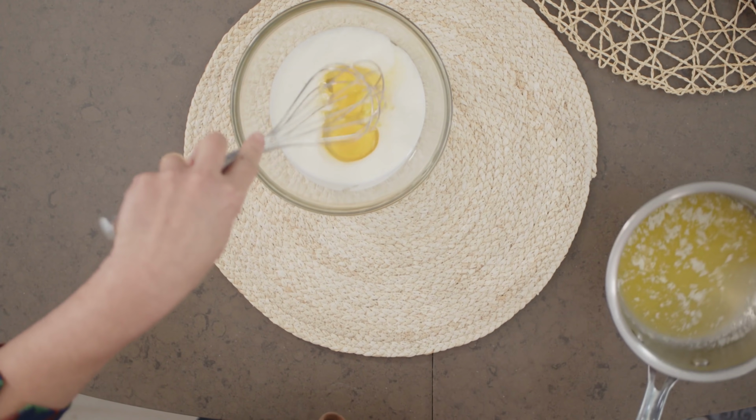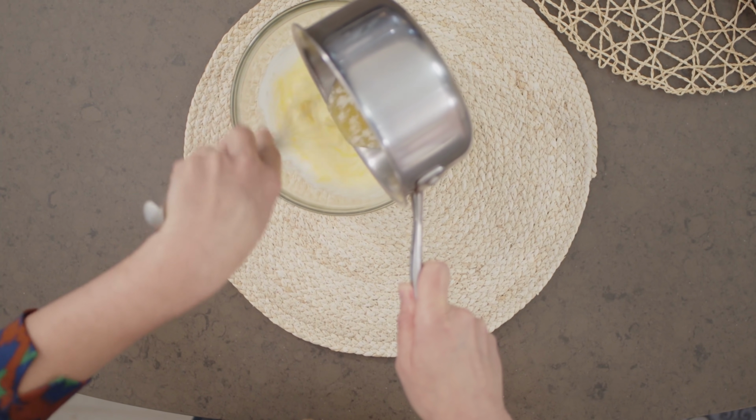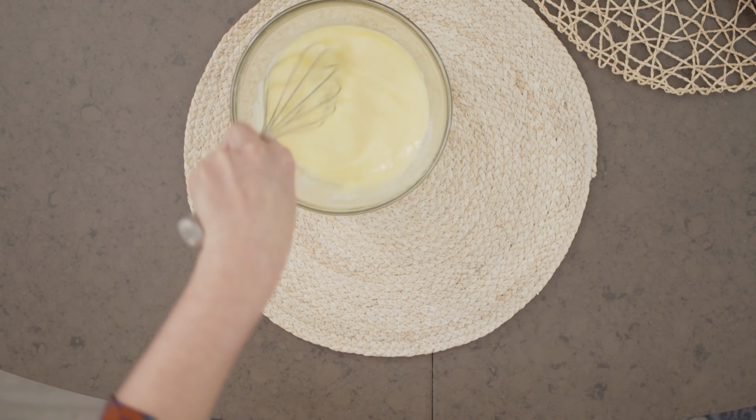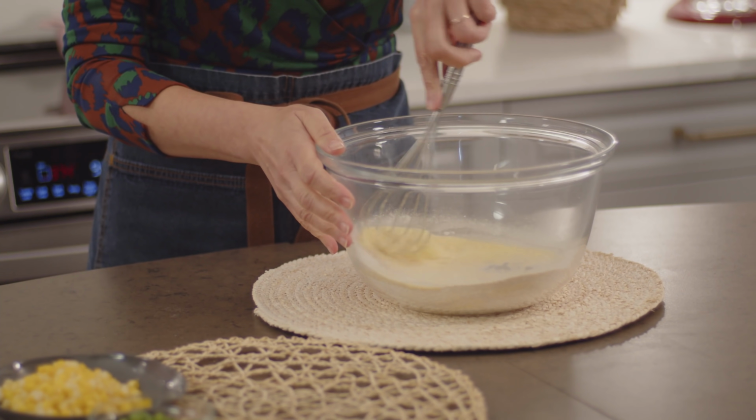Oh, can't forget that butter. And I'll whisk everything together as I'm pouring the butter in. Now I can add this all at once to my dry ingredients and give it a good whisk. You will find that the batter is quite fluid. If you wanted to, you could bake this batter in the Madeleine tins just like this, but I want to